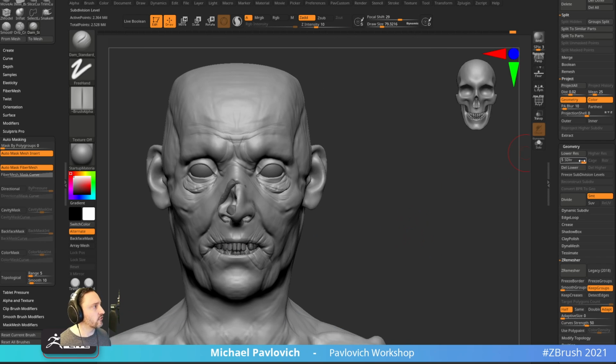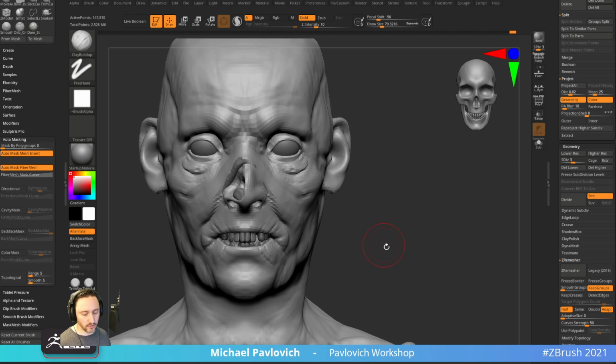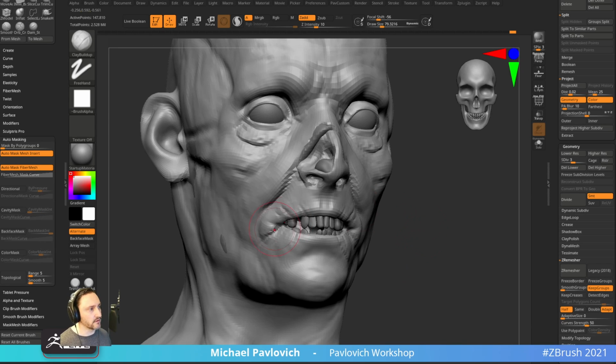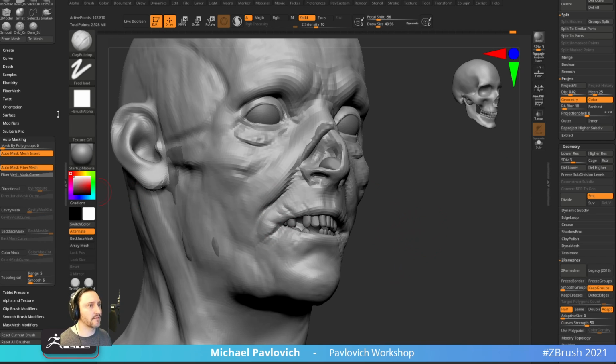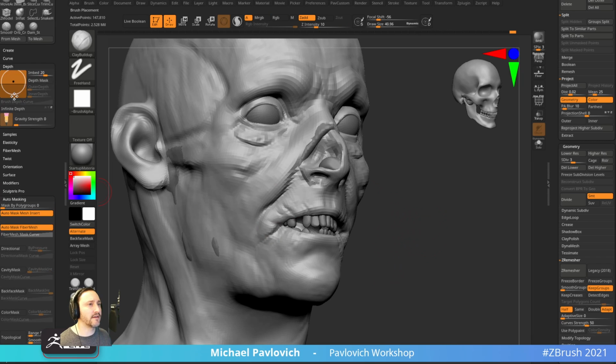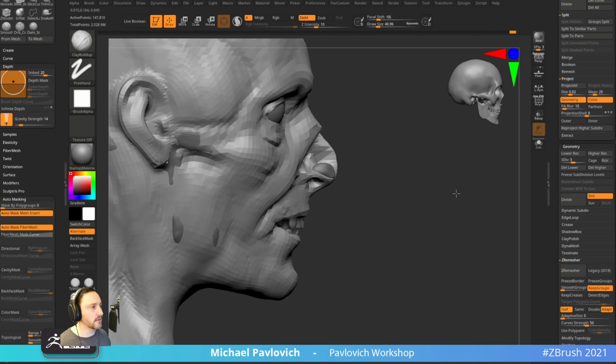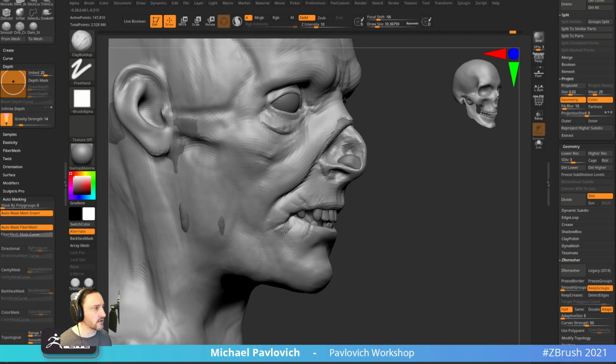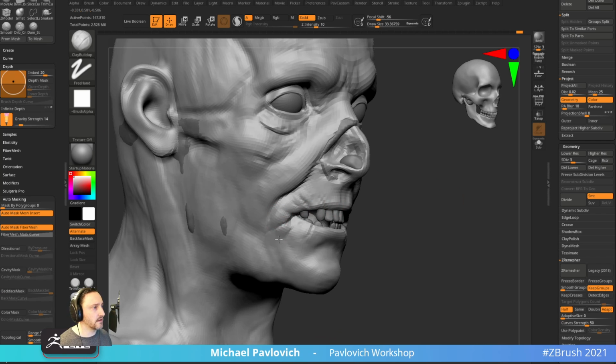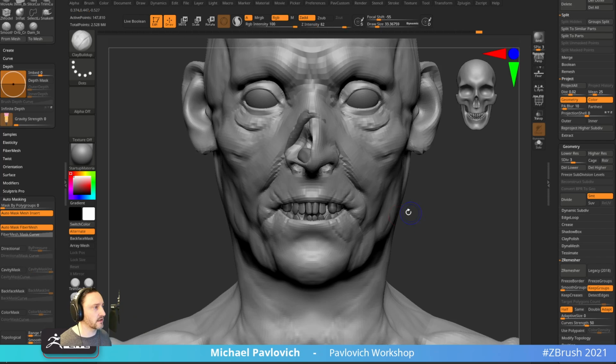And then we can drop back down, maybe set it in level 3, go back into our clay buildup. And this is where we were talking about kind of getting this skin to sag. Let's go in here to our depth and turn on gravity strength too. Maybe just a little bit. So as we're using clay buildup, it'll start pulling the skin down. And then we'll also, for maybe some secondary forms, we'll use,